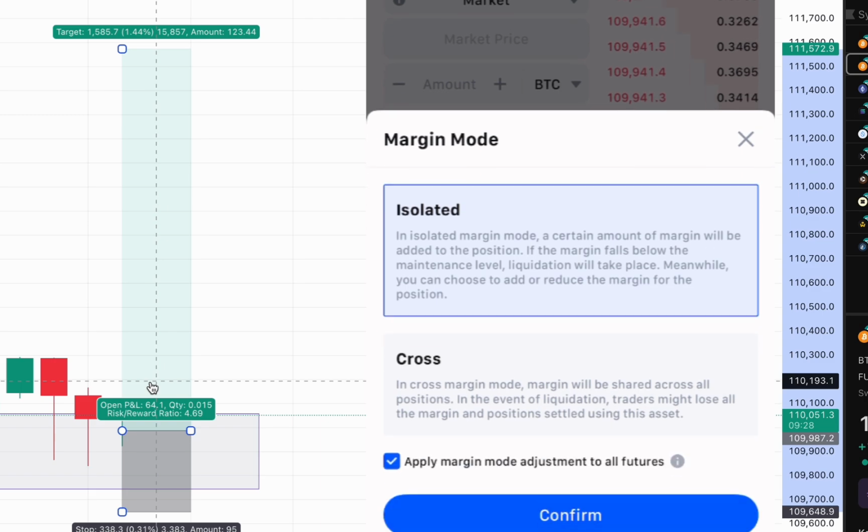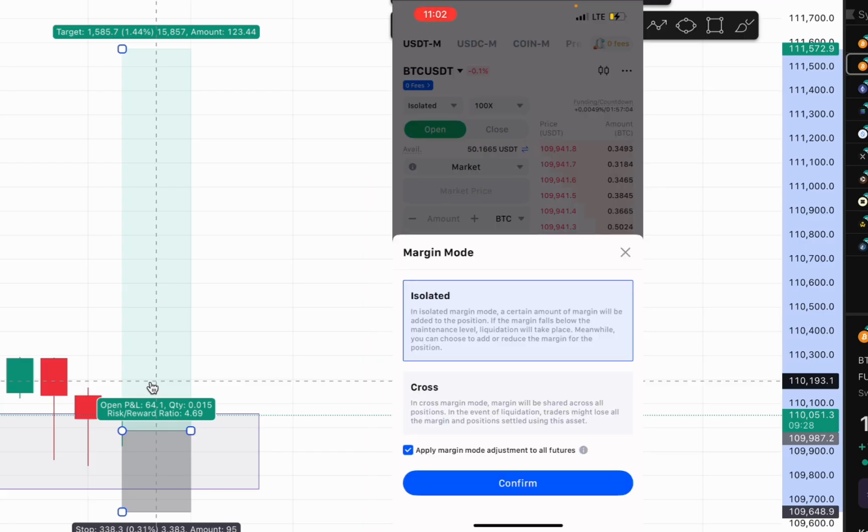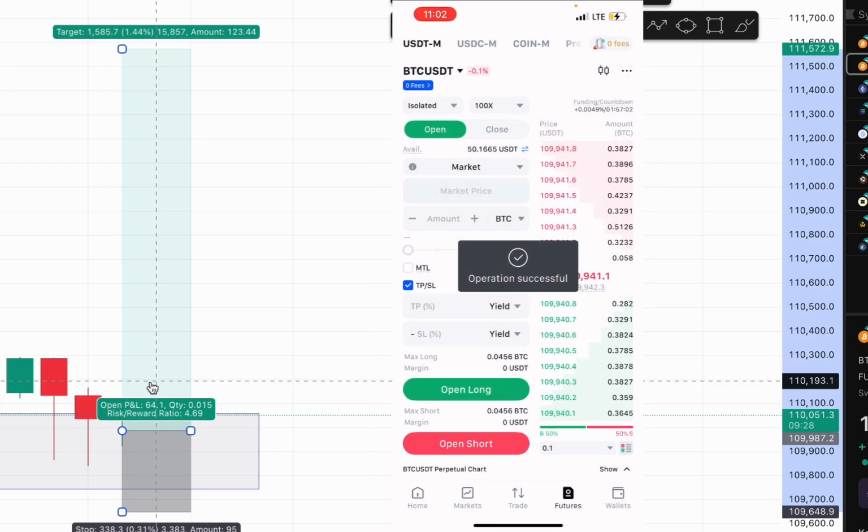And for cross, the margin will be shared across all positions, and in the event of liquidation, traders might lose all the margin positions settled using this asset. Now, the thing here is your portfolio is safe, but the capital that you use to trade is gone for isolated margin. But for cross margin, both the capital that you use for that particular trade and your portfolio for the futures trade is gone. So we select isolated here, and next thing to do is to set our